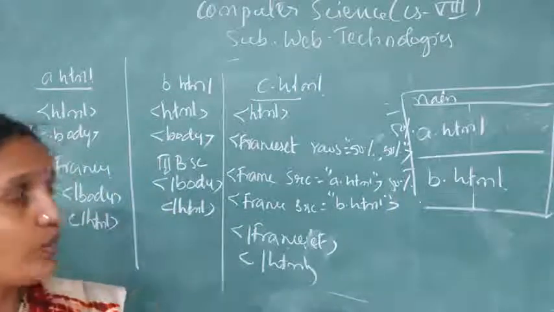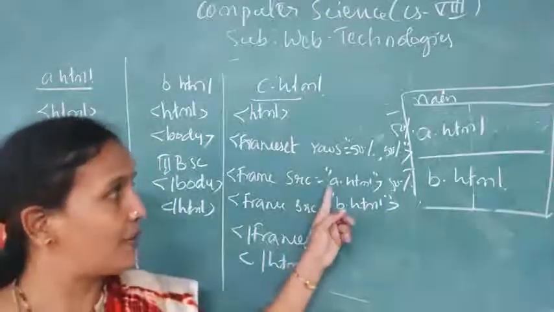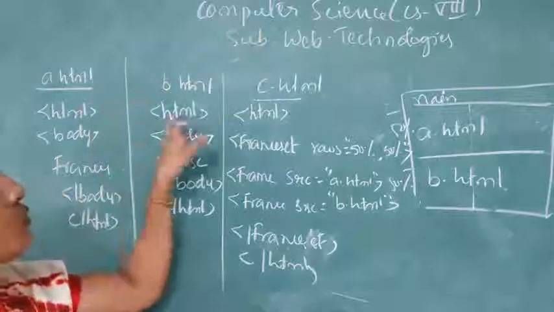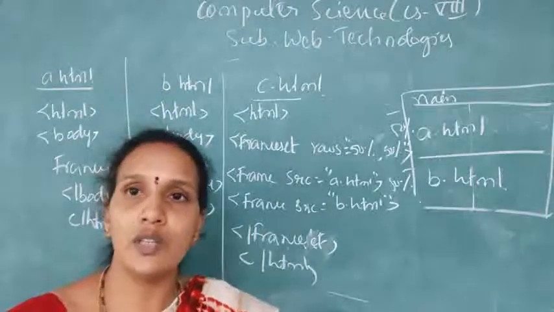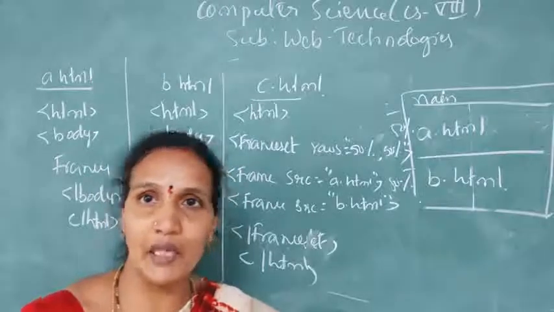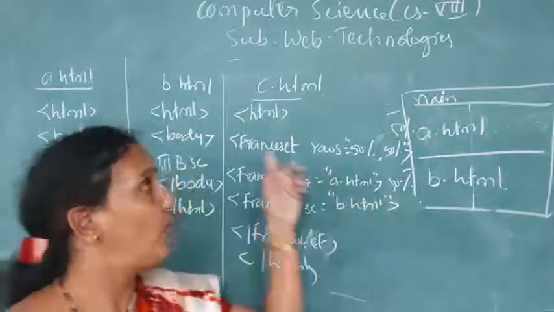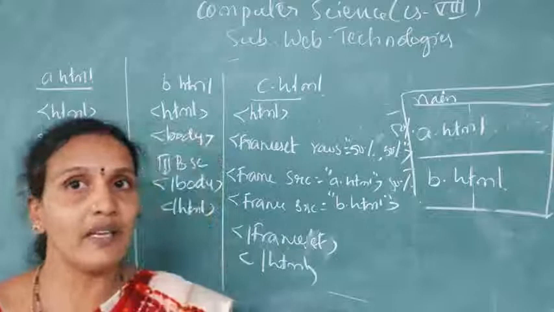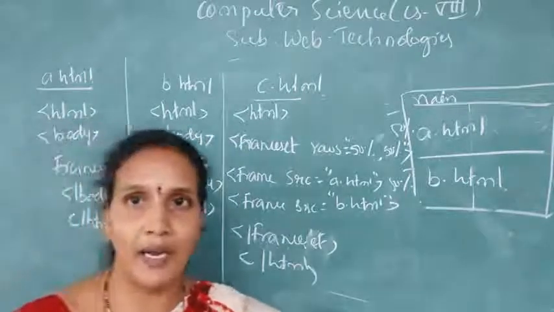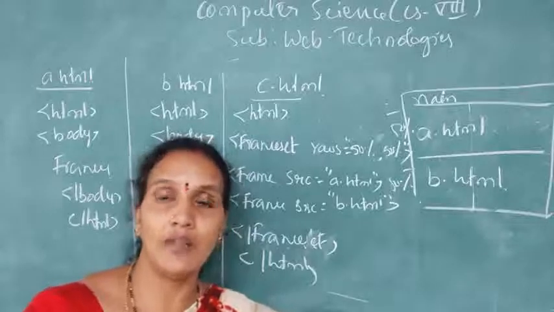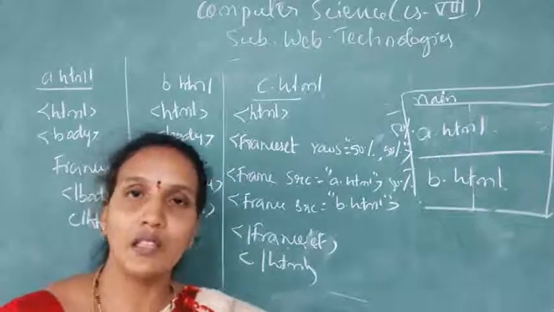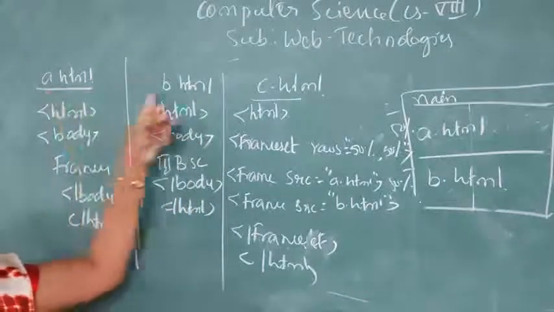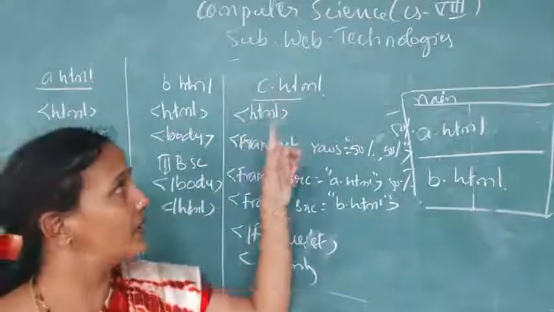But here one thing you need to remember. Here I have directly given the names of the files, a.html and b.html. If c.html and these 2 files are not in the same location, then you need to copy the path and paste the path. Only when these three files are in the same location can you directly give the name. If they are in a different location, then you need to give the path. If the three are in the same location, then you can directly give the name of the file. Here, assume that these three files are in the same location, so that is why I have directly given the name of the file.